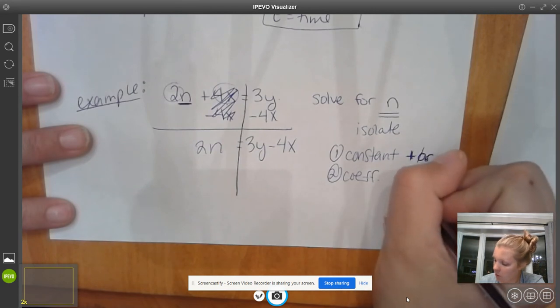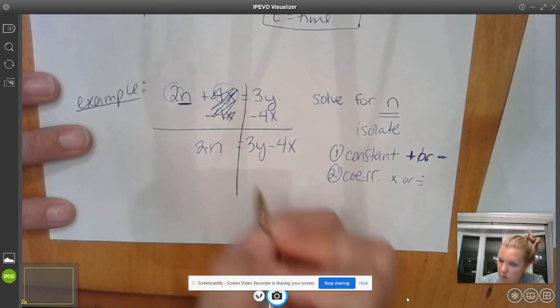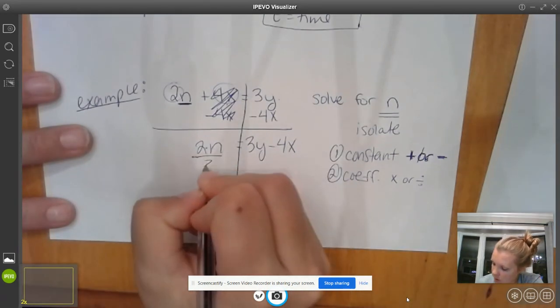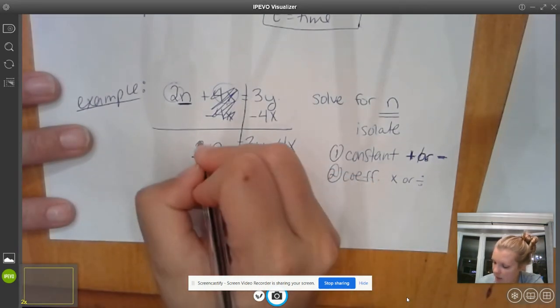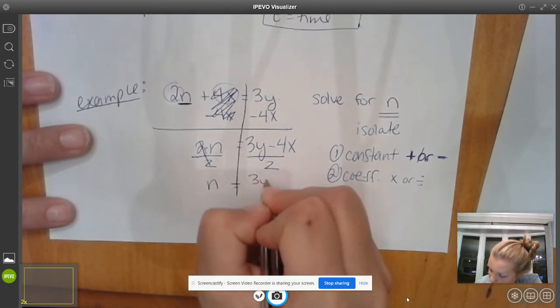Now I need to get rid of the coefficient. We do that by either multiplying or dividing. This is a times 2. The opposite of times 2 is divide by 2. And so we divide the whole problem by 2. And my answer, we just write it in this weird